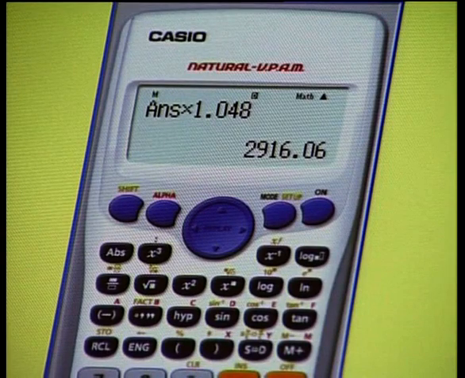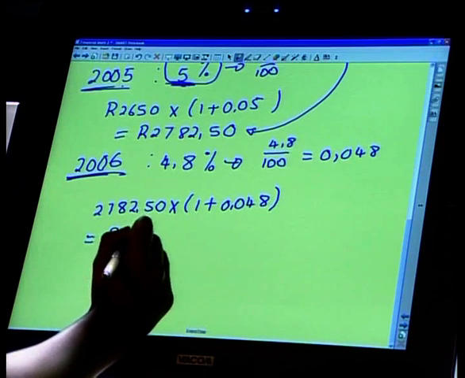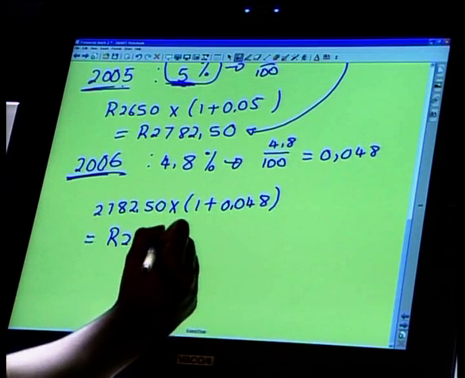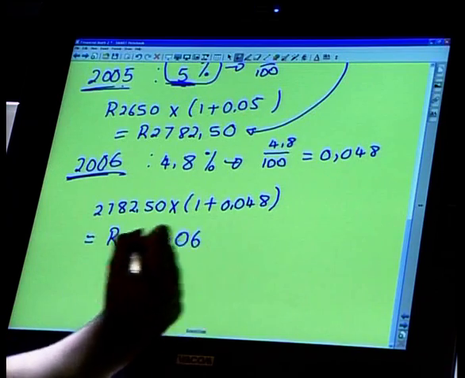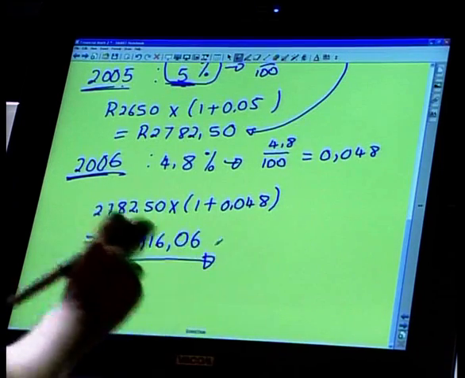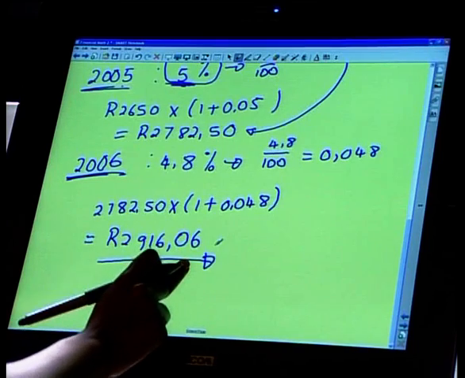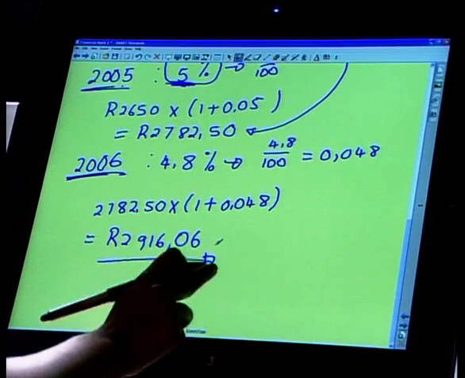And we get 2,916 Rand and 6 cents. So it's 2,916 and 6 cents. Okay, and that is in fact what the tenant is going to end up paying in